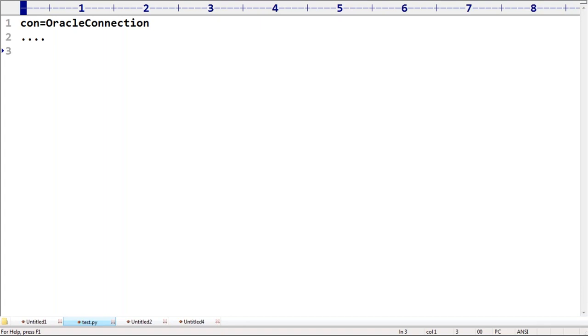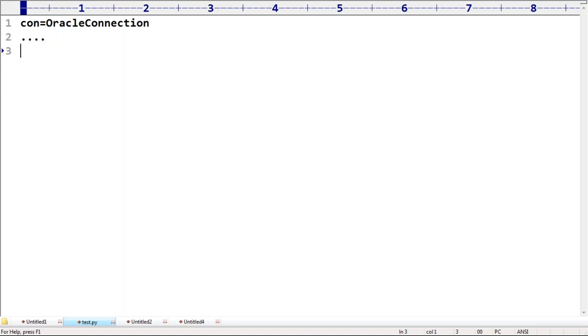We never going to talk to the database again. Then automatically, del con. Are you getting it? If I use del con, then the con variable will be gone and the corresponding object by default will be gone, sir. Okay, this is the del case.